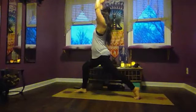Beautiful. Take a big breath in, and as you exhale, open up warrior two. So left toes go out to the left side of the mat, right knee stays bent, arms go out long. Ungrip your toes. Next, inhale, straighten the right leg, reach your arms up overhead, turn on the right heel, so both toes point